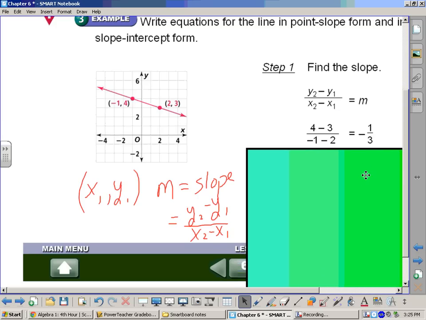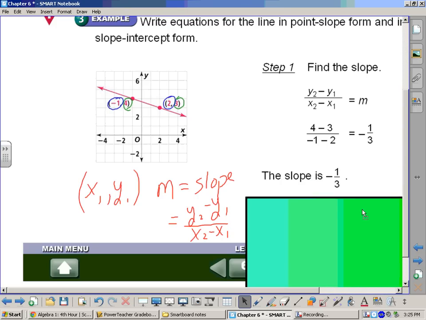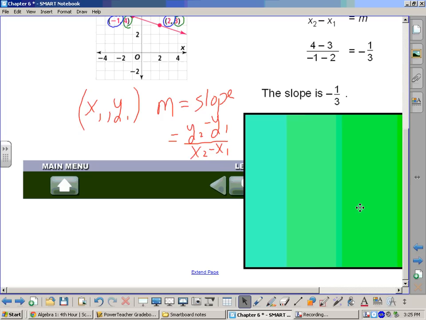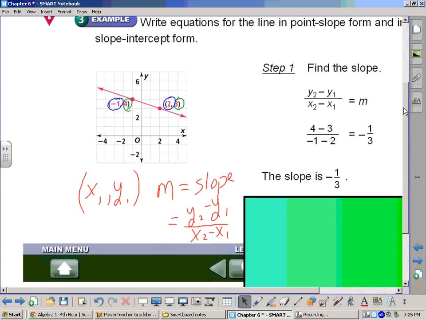So we have 4 minus 3. That would be the two y values, 4 minus 3. And then we're going to subtract the two x values, negative 1 and 2, and get a slope of negative 1/3. So m is negative 1/3. So after we've identified that the slope is negative 1/3, we can now use our point slope formula to write